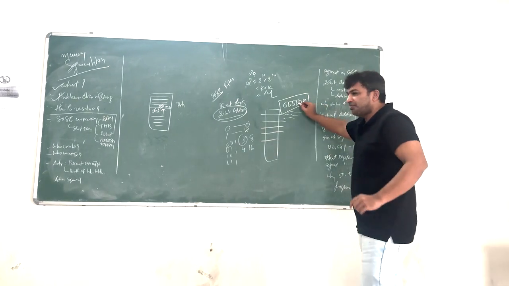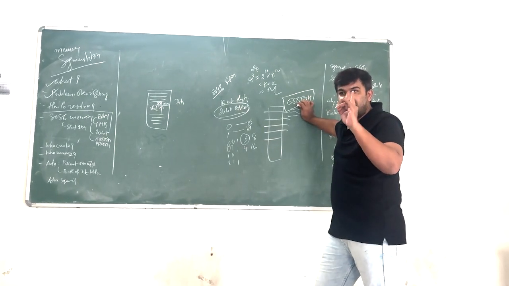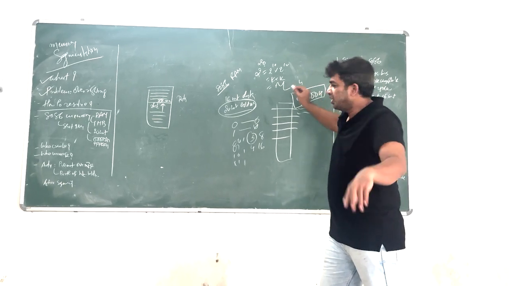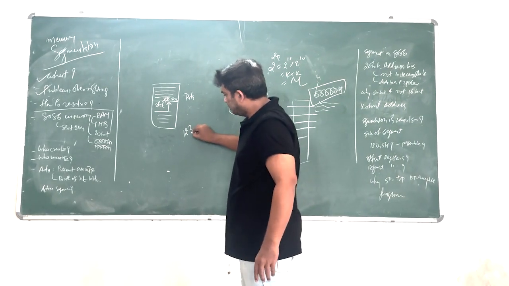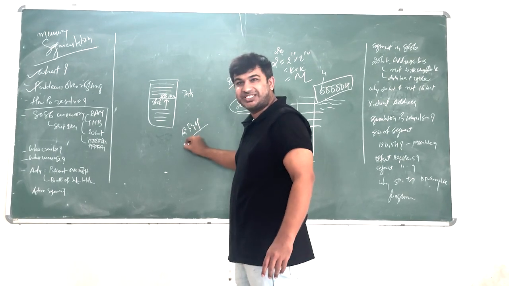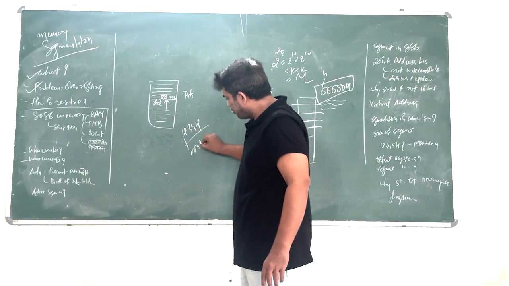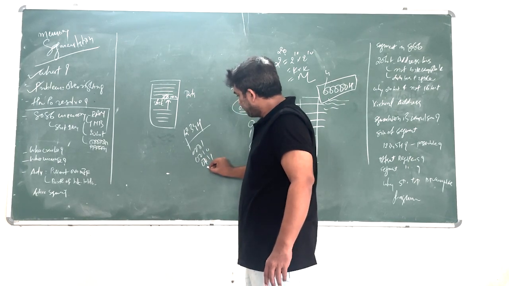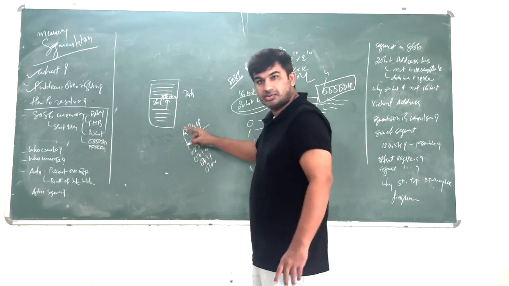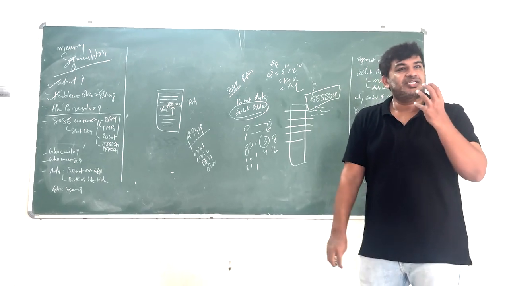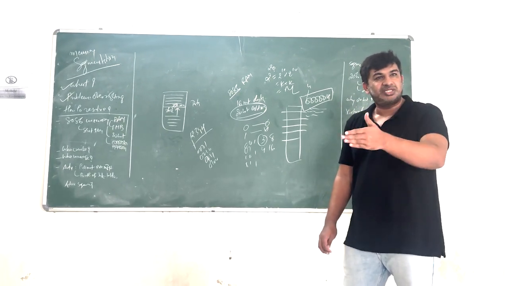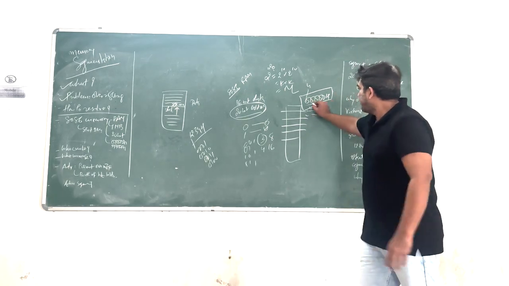True, because this number is a hex number. One hex digit is equal to 4 binary bits. If I write down 1, 2, 3, 4 H, this is a 16 bit number: 0001, 0010, 0011, 0100. Understand? Just by seeing the number, you should know whether that number is an 8 bit number, 16 bit number, or 20 bit number.